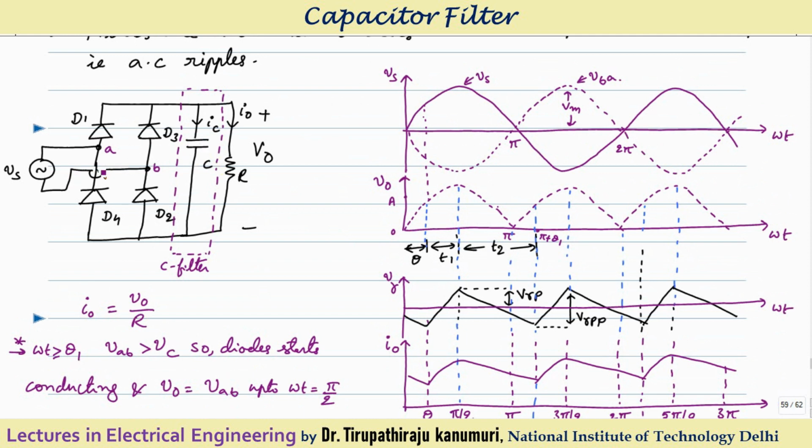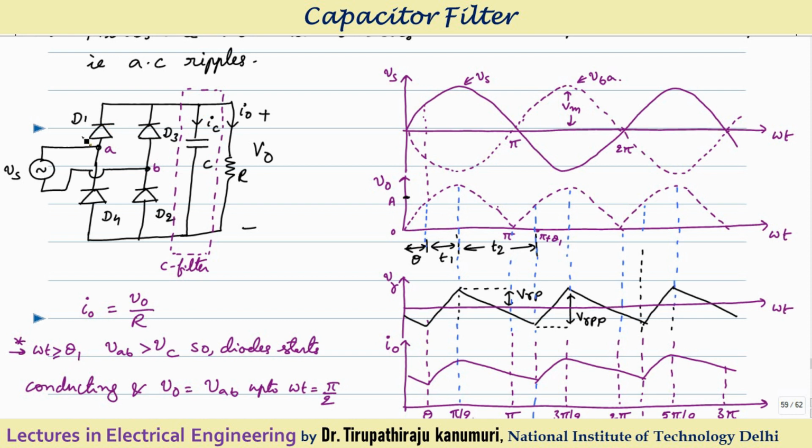Whenever this supply is connected to your load, what will happen? Along with the load current, the current is taken by the capacitor also. So the capacitor will charge to the supply voltage. Agree with me? Let us assume initially the capacitor has a voltage of A across its terminals. So this is my capacitor voltage A, and because of that, at this point the voltage will be equal to VA. I can represent this by VA.